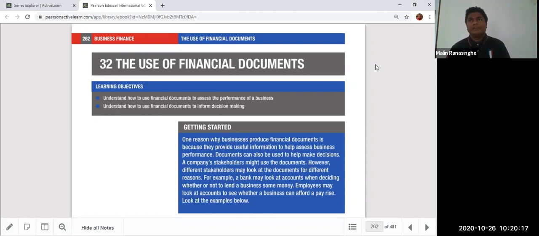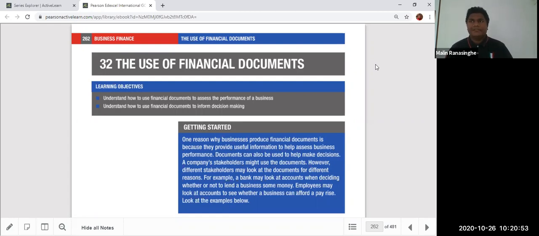Say you're asking the bank manager, lend us some money, give me a personal loan. The banker will go through your assets. We go through your liabilities, the current liabilities of the SOFP. Then they might ask, okay, how much revenue do you have right now? You're struggling, right? So if I give this loan, how can you repay? These are the things they are mainly checking. So even though the interest rate is really low, it's really hard to take a loan from the bank these days because of these things. A lot of people have their applications rejected because they don't have good financial documents right now.